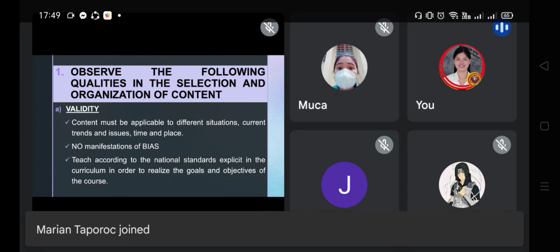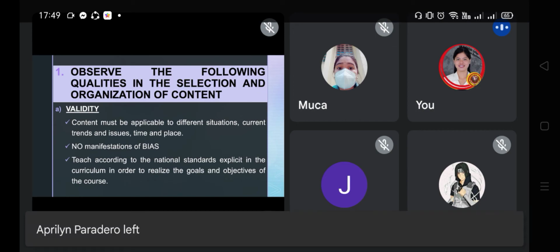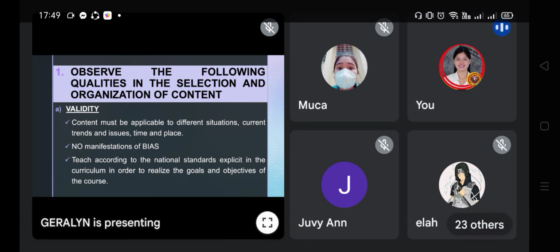So the first quality is validity. This is the first quality that we need to consider when we will be selecting and organizing the content of our lesson plan. When we talk about validity, this means that the content must be applicable to different situations, current trends, and issues,